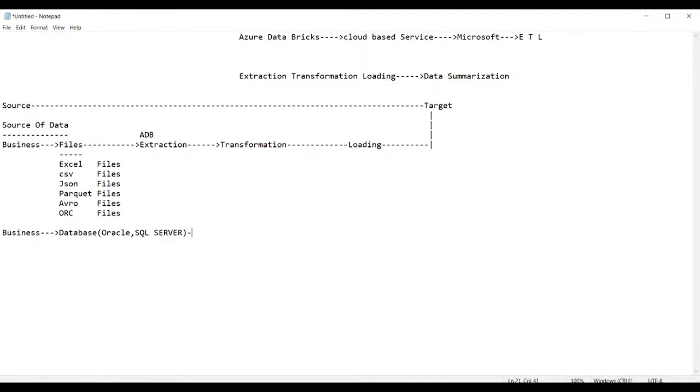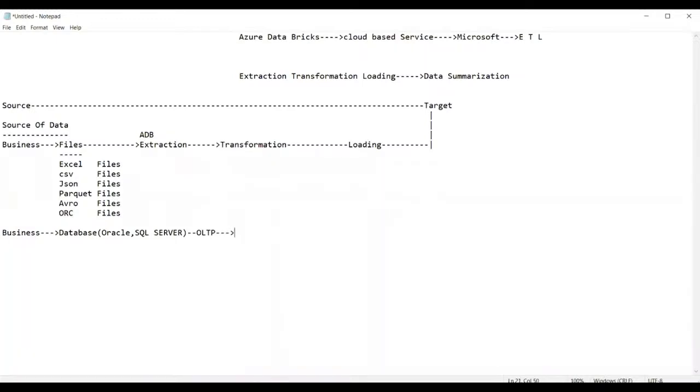Whereas this kind of database, can you see here? When you receive the data from this kind of database, we can say that we have received the data from an OLTP system. What do you mean by OLTP? OLTP stands for online transaction process. That is called an OLTP system. Getting my point? You will receive the data from an OLTP system. So now, guys, ultimately from this database, what we do, we pull in again the same process.